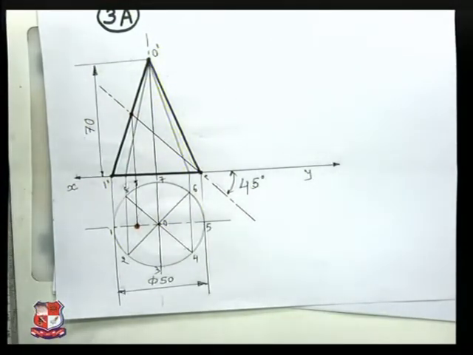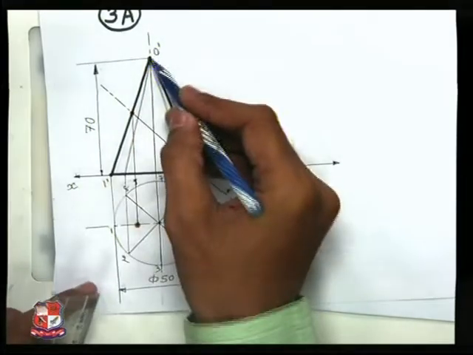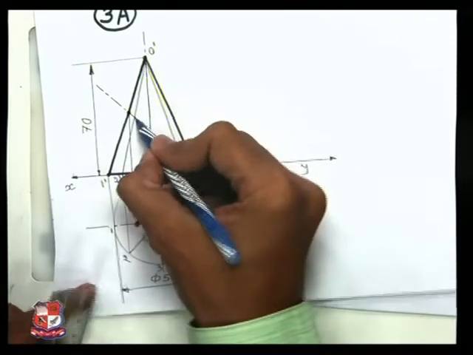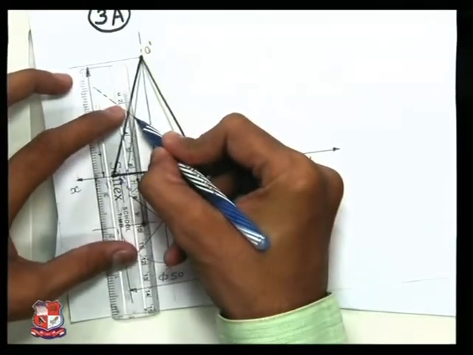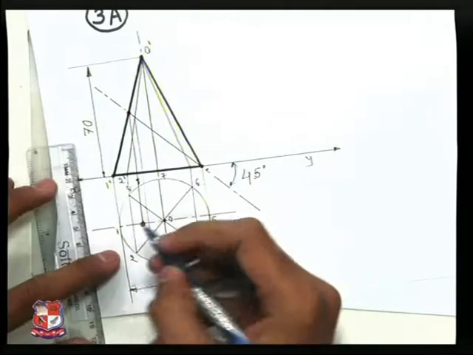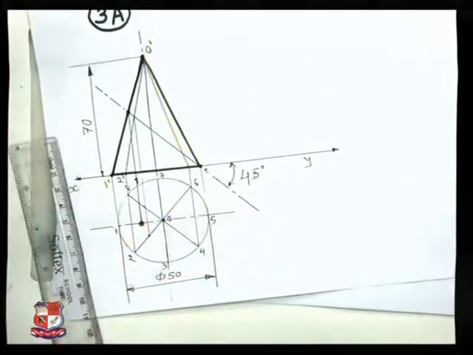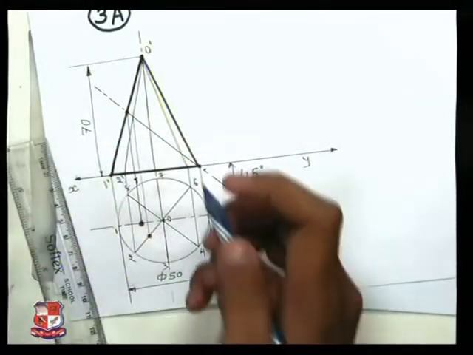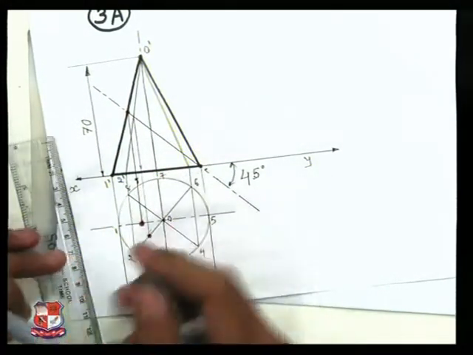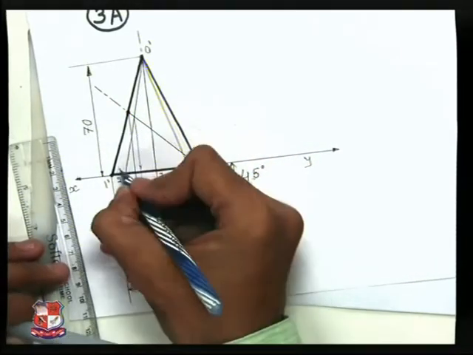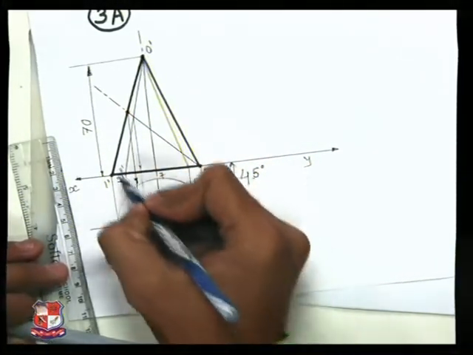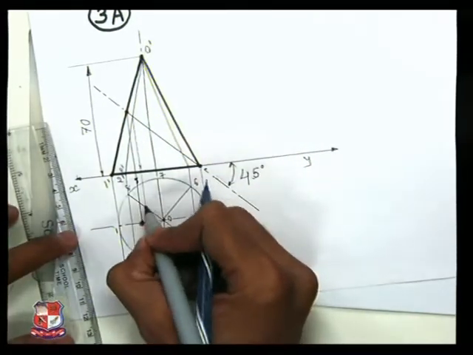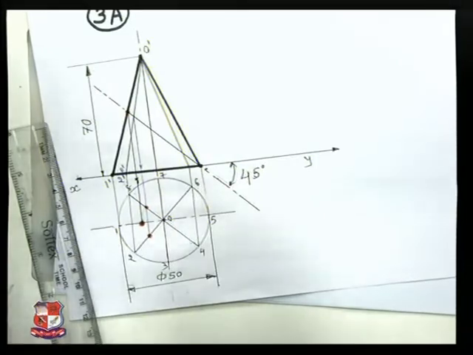Similarly, from another point, say from this point on O dash 2 dash, here 2 dash point would be there. So intersection of O dash 2 dash and cutting plane is this point, and from this point draw straight vertical line that will cut O2 at this point. So this is another point of intersection. Similarly, this is also O8, O dash 8 dash, because O8 is here, so O dash 8 dash is here. So vertical line that will cut O8 at one point over here. So we have located 3 points.